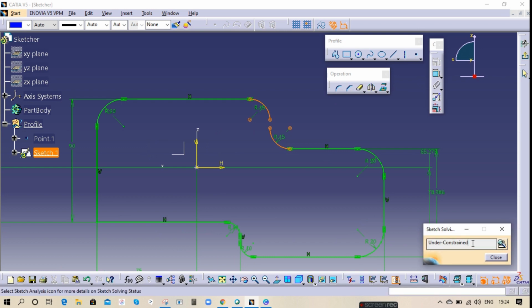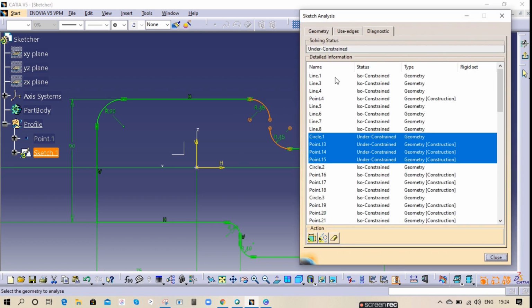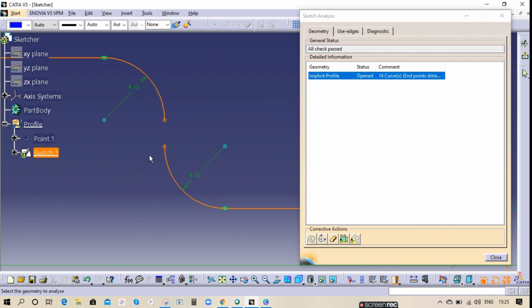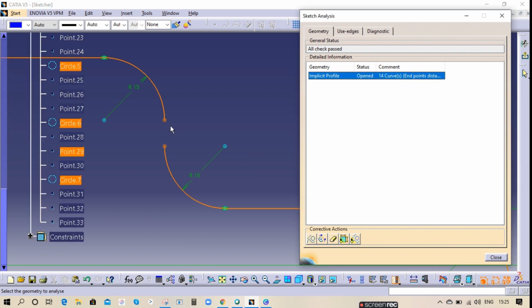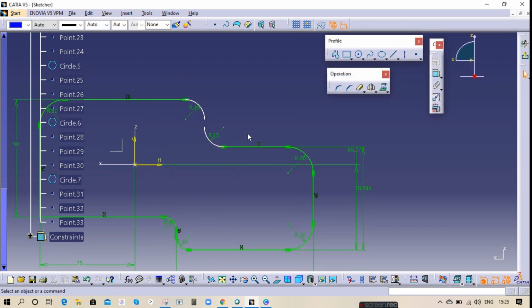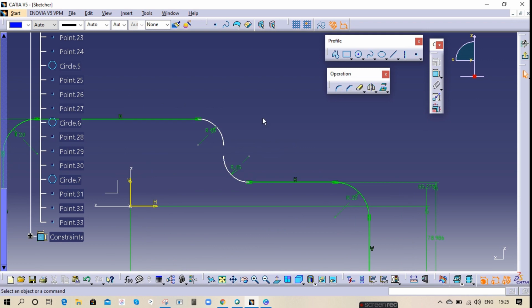See, my sketch solving is under constraint now. So this part is highlighted, right? This part is under constraint. Now we will know that this should be constrained. And if we go to the sketcher, go to the geometry, see now this is open because here this is open. If you go here and right click, it will show. If you click here, see this highlighting. If I keep my cursor in this, it is highlighting. If I go here somewhere, it gets highlighted. So these are all openings. Okay, now we'll see if it is closed.